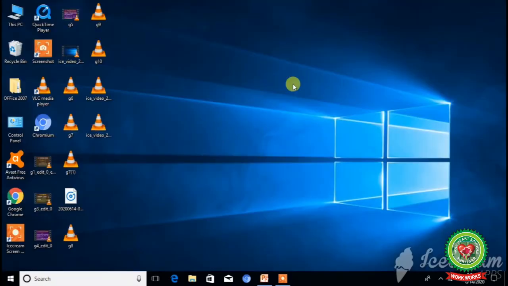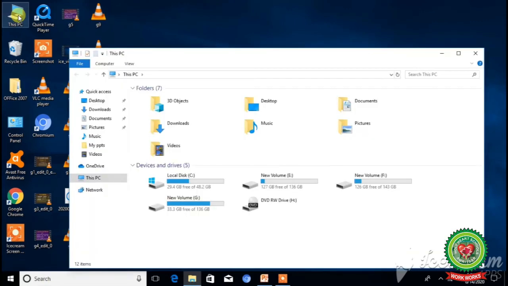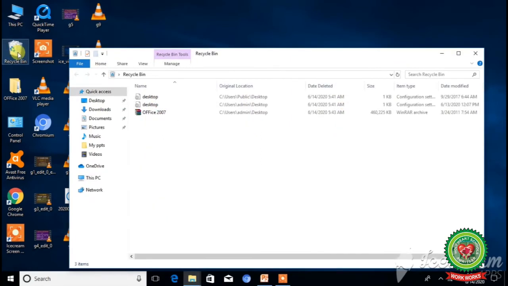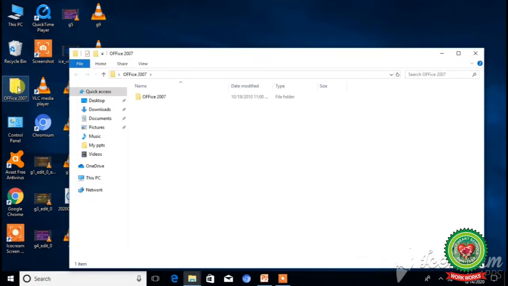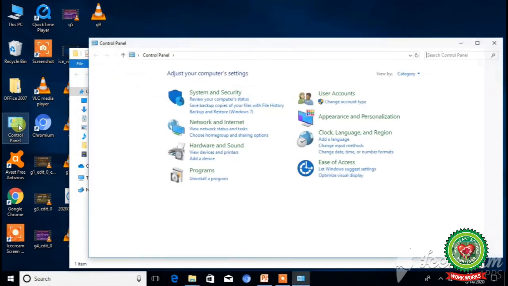The second way to perform the window snapping is by using the shortcut key. For that, again you have to open any 4 applications. By double clicking on any application, you will open this PC application, recycle bin application, Office 2007 application and control panel.